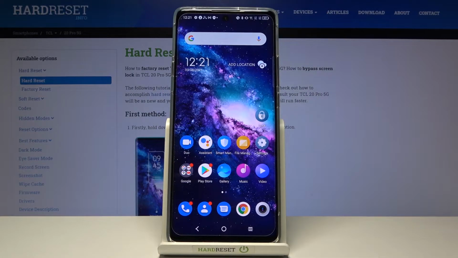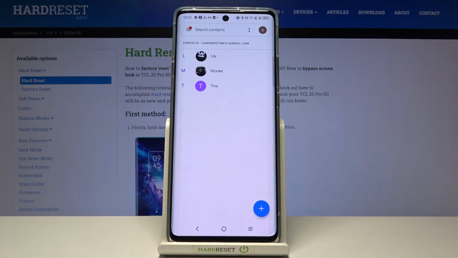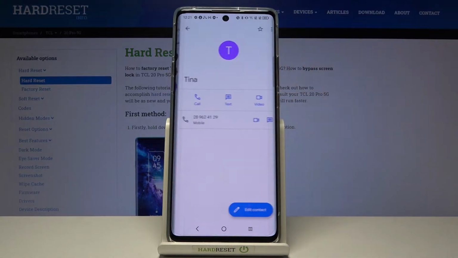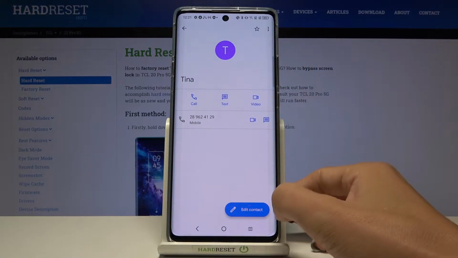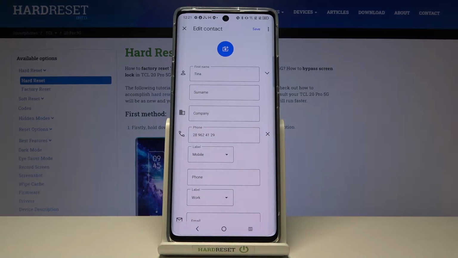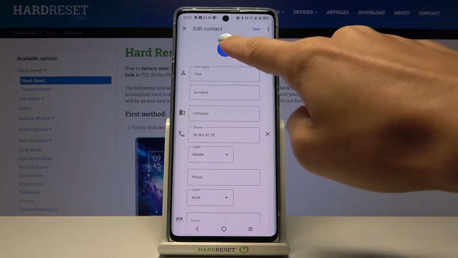In front of me is TCL 20 Pro 5G, and let me show you how to add photo to contact on this device. So at first, just open your contact list, then select the contact that you would like to add this profile picture to, and select Edit Contact. And here, at the top of the list, you will notice the profile picture icon with camera, so just click